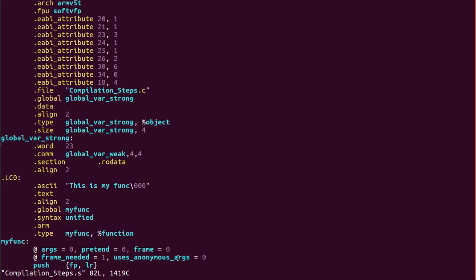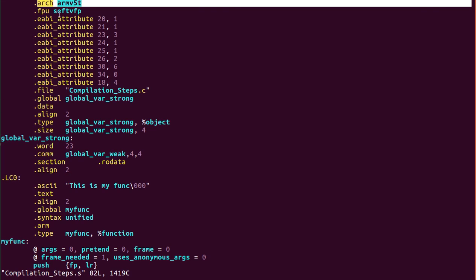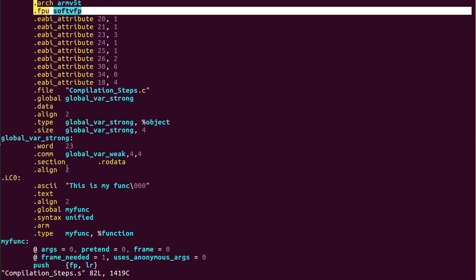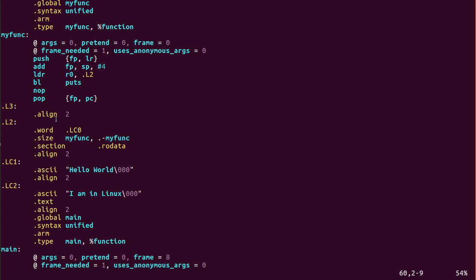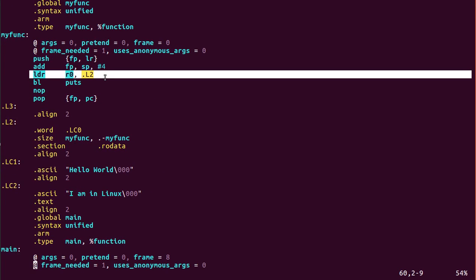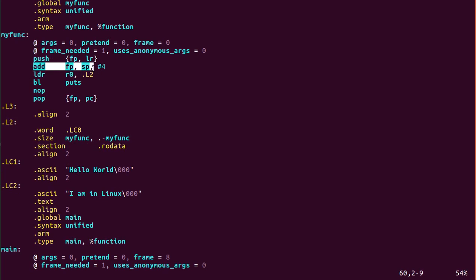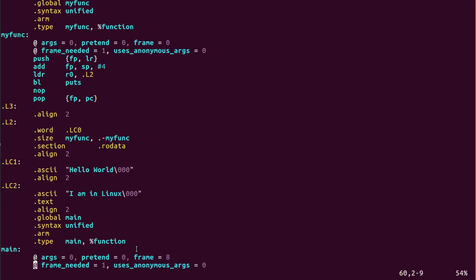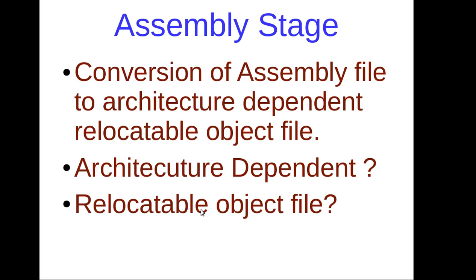You can see it is clearly mentioned the architecture as ARM version 5T and the floating point unit as soft version floating point unit. Also, you can see the instructions that it is using are ARM only. You can search it. These are the instructions that will get generated for ARM only. Okay, so the compilation part is done.